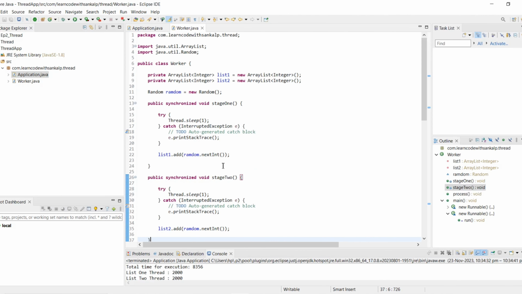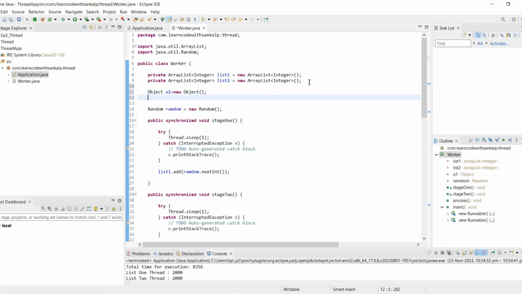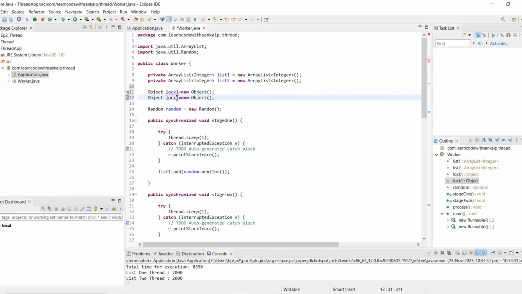So we add one lock object, like lock 1, and we add lock 2 here, and we have to remove this keyword, and add this keyword inside the block, and we have to pass the lock.